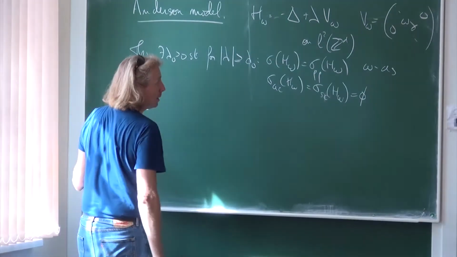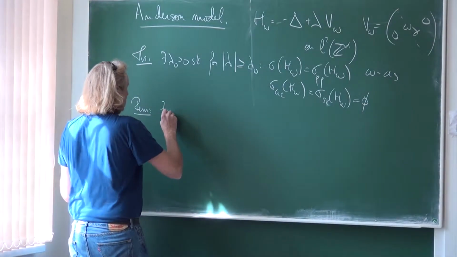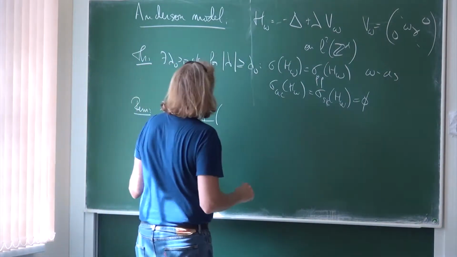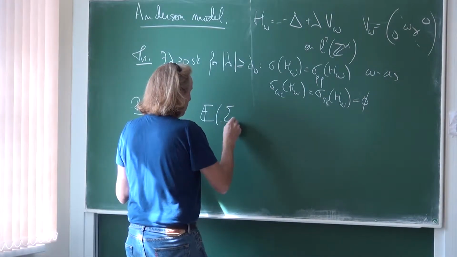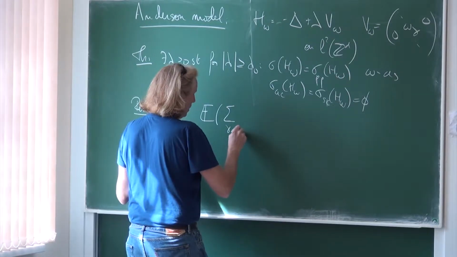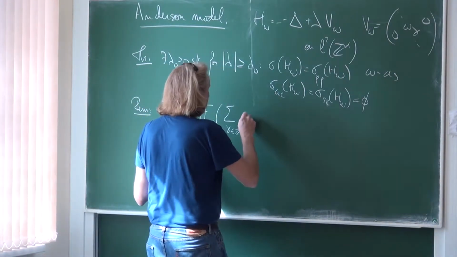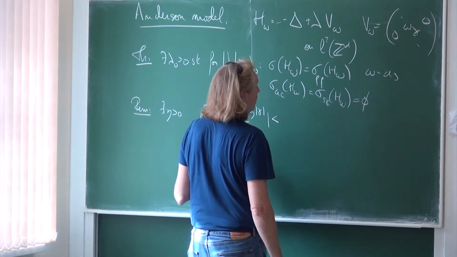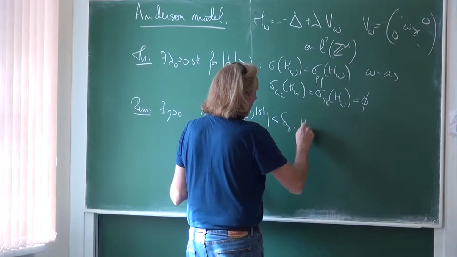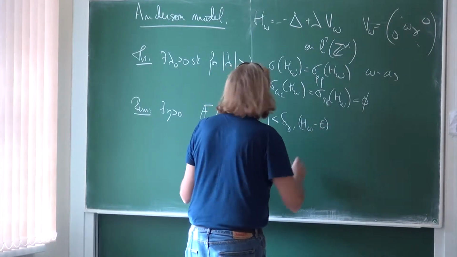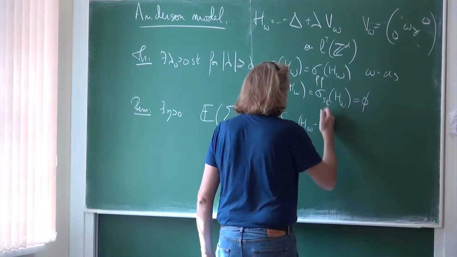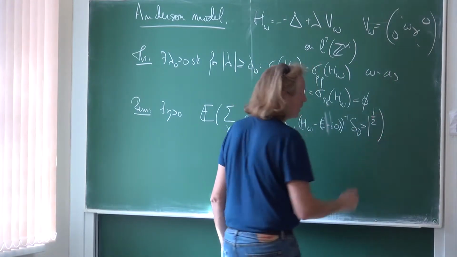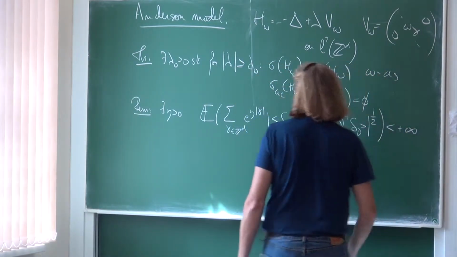we have proved that there exists some constant eta, which was positive, such that if we look at the expectation value of the sum over the gammas in Z^d of e to the eta times gamma, and we take here the element gamma 0, delta gamma, (H omega minus E)^-1, or (E plus I0)^-1, say, delta 0, and this to the power 1/2. We have shown that this sum actually is finite. Right, this expectation is finite